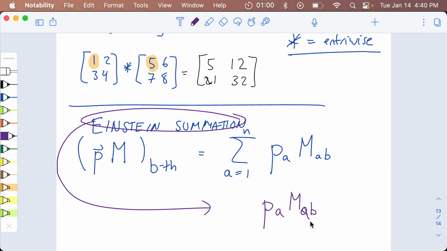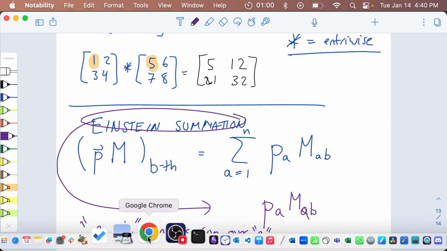But the moral of the story: if you write A, AB, this means sum over A. Okay, so going back to what we actually wanted to do,